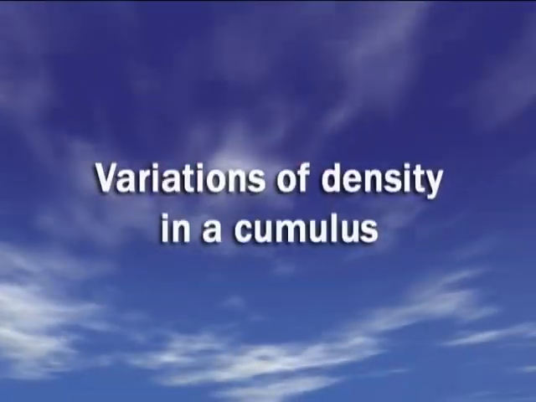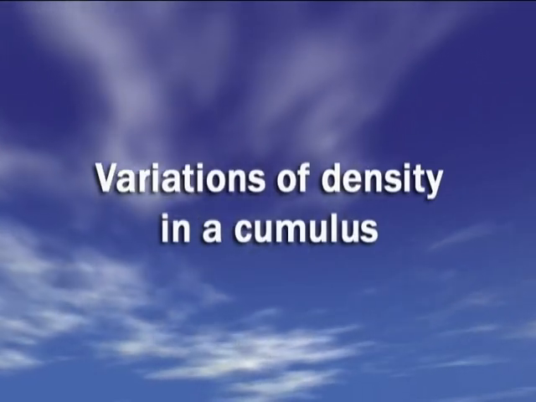We also have the issue of the density of the cloud. Often the cumulus has parts that are denser than others. The denser parts of the cloud will be exactly the parts where the process of condensation is taking place more intensively. So how do we identify which part of the cloud is densest?